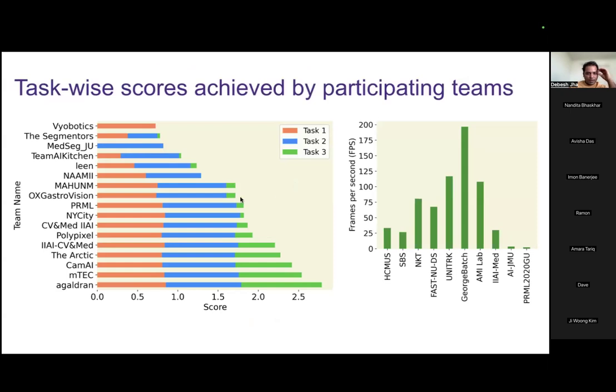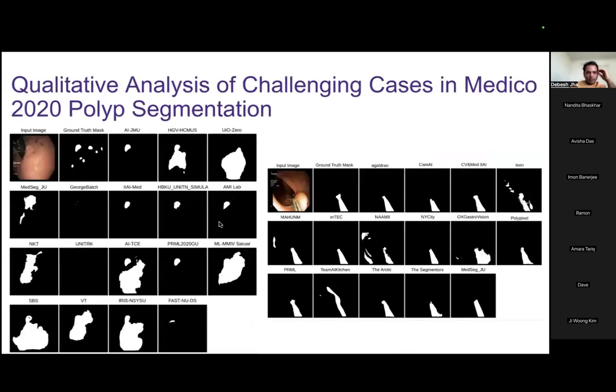And then here you can see we also evaluate all of this, and then we rank first, second, and third. And then we also make analysis, for example, where models fail. So this is a failure case. For example, here you have some small polyps. Even here clinicians fail for this kind of cases. Even if you see all the models, they fail to detect this kind of cases. Which means there is still some effort required to solve this task.